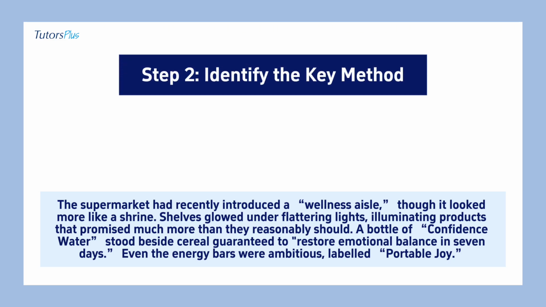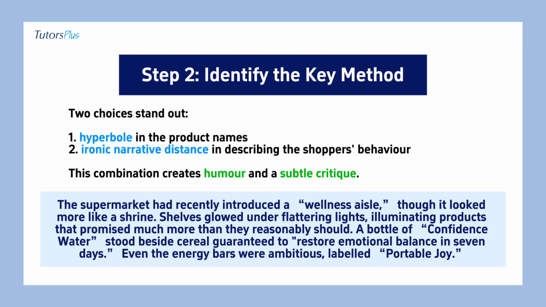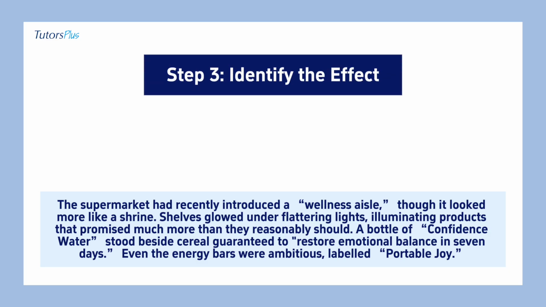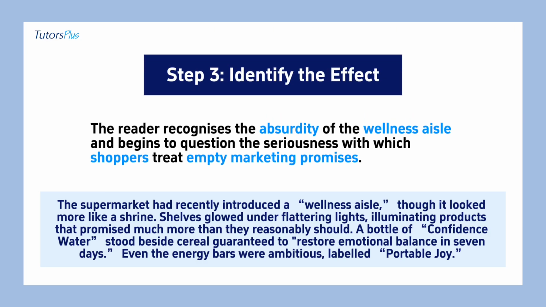Then we need to identify the key method. So 2 traces here stand out. We've got hyperbole in the product names, for example. And we've got an ironic narrative distance in describing the shopper's behavior. All of these combined creates a humor and a subtle critique. And then we identify the effect. So the reader recognizes the absurdity of the wellness aisle and begins to question the seriousness with which shoppers treat